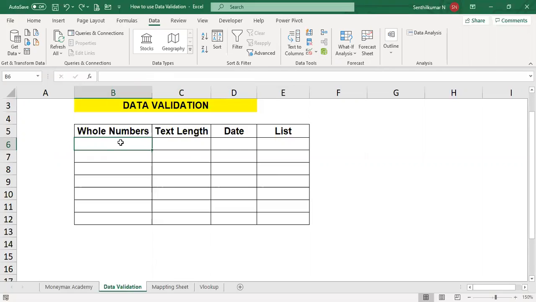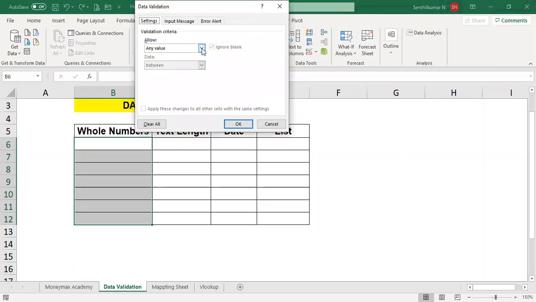Please listen, friends. I am going to create some data. Suppose you want to enter numbers in this data, but you want to restrict the numbers to between particular numbers, or greater than or smaller than a number. What do you do? You can go to the Data menu, Data Validation, Settings, and choose Whole Numbers. You can set the data between or not between, equal to, not equal to, whatever it may be.